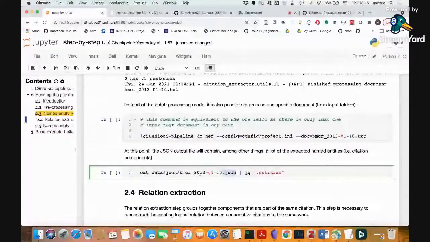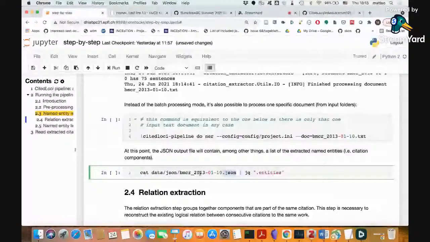I hope it doesn't crash because it's quite a big JSON document where you have all the tokens. The tokens have, for example, the surface form and the part of speech tag, but then you also have other pieces of information, notably the entities. So here in the JSON, there will be the first entities that got extracted from this text. You have Thucydides as a mention of an ancient author. You have an abbreviated reference to Herodotus, a scope of a canonical reference. So this is the first step of the pipeline. It executed. We have some output, which is good.